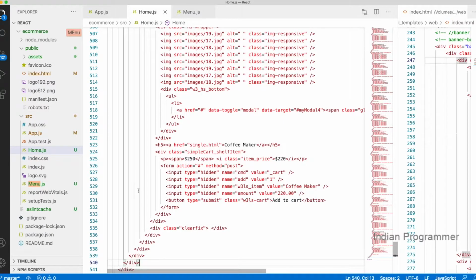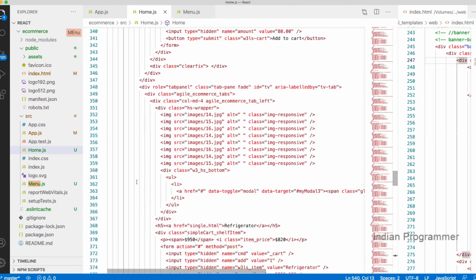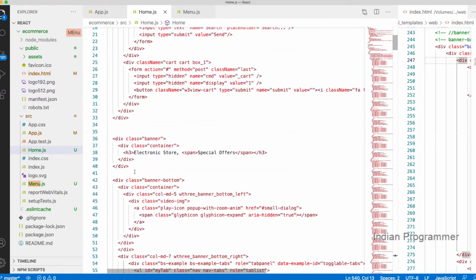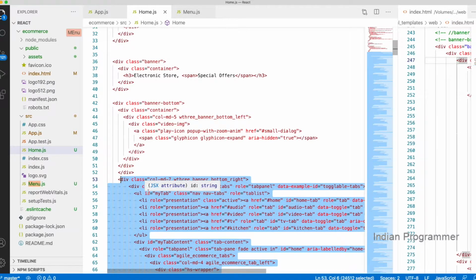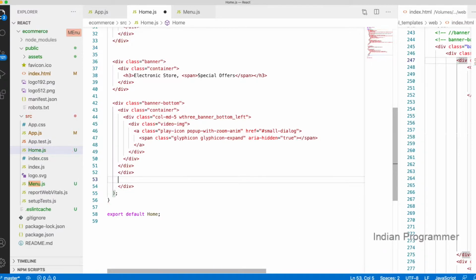Okay, and just copied everything. Control X. So it should be inside here.